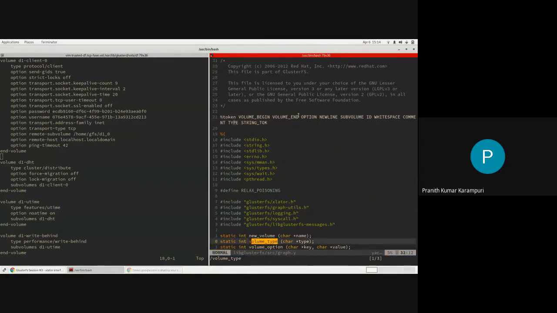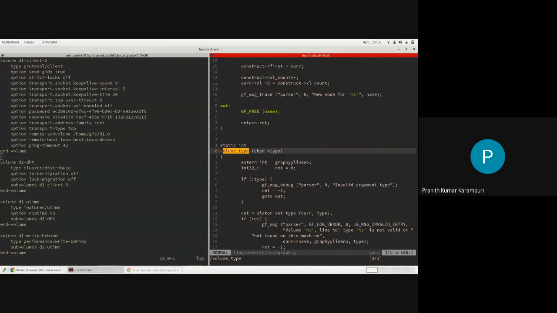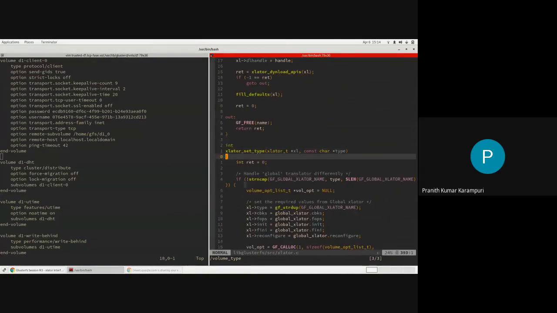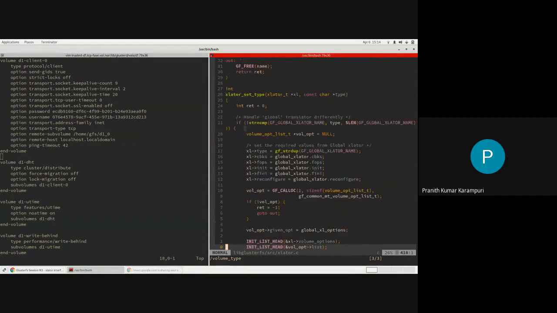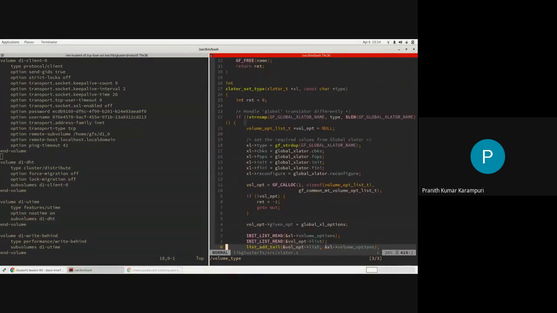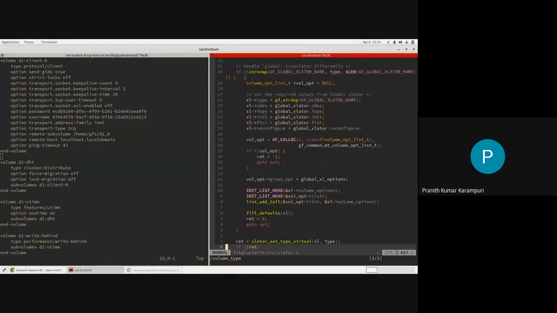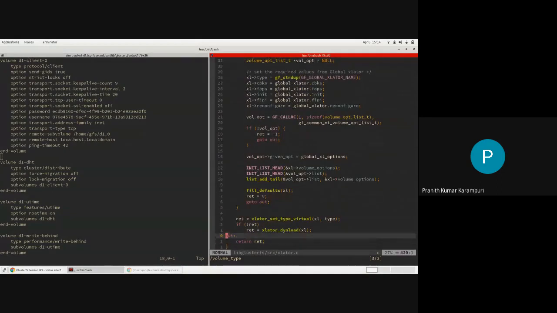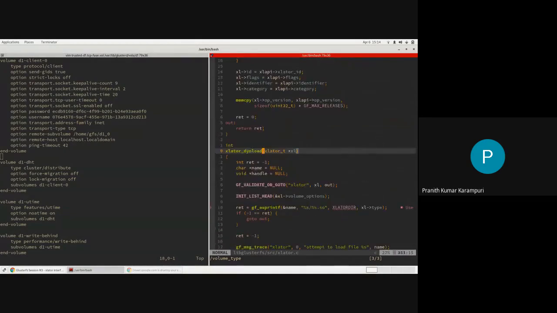Whenever this line gets parsed, it will call this function, which will set the type of the translator. All these translators, like CBKs, etc., it will specify, and then it will do this dynamic loading.